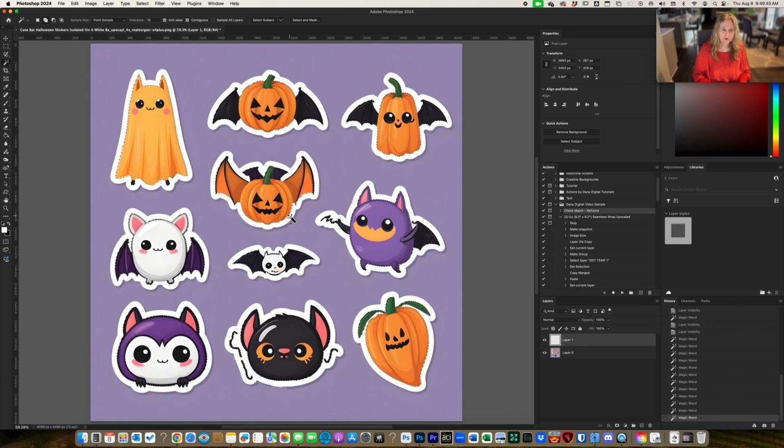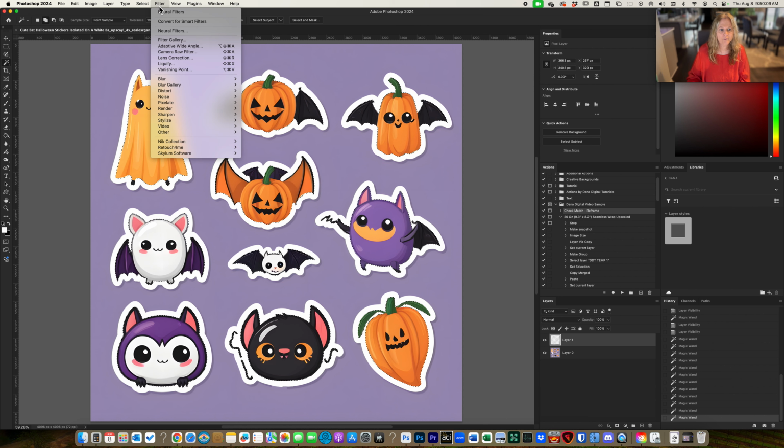So now that I've done that, we have selected for the most part the entire sticker on the inside of the white, but sometimes when there's a feathered effect or a fuzzy edge, this might not get everything. So a quick way to do that is, I could have increased my tolerance, but I find it easier, because I don't have to go back and forth, to go to